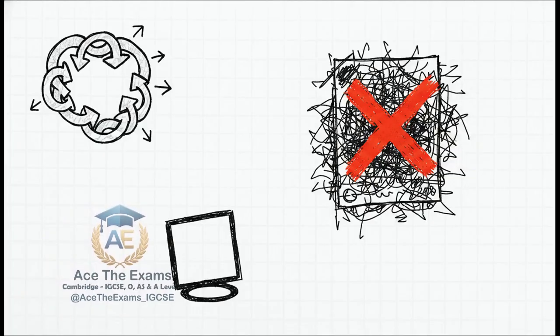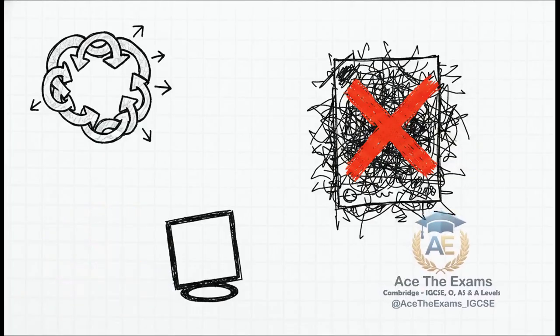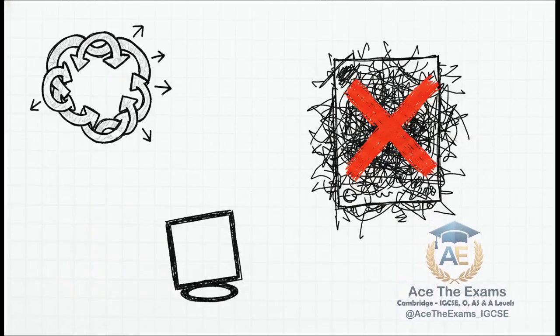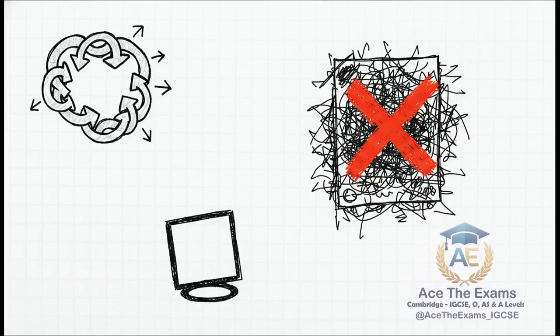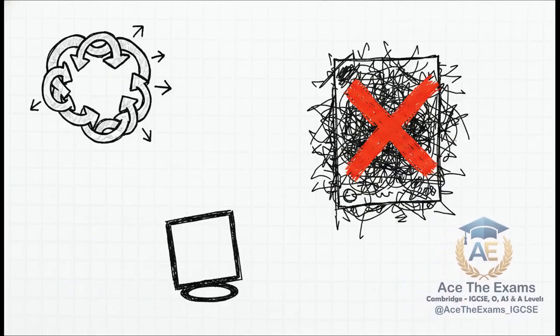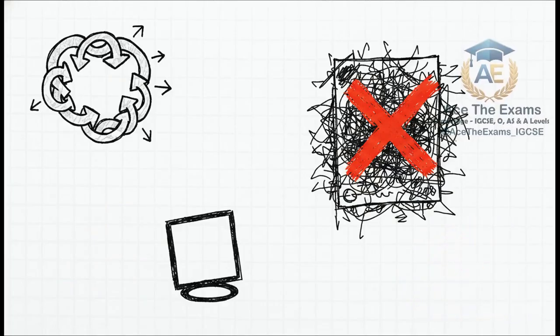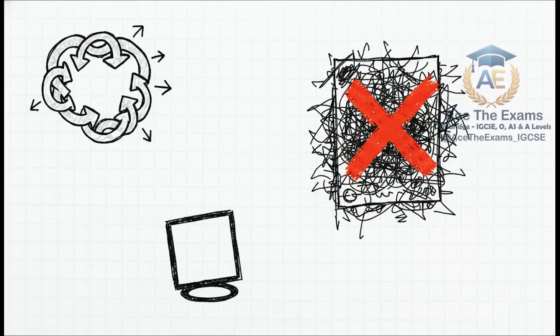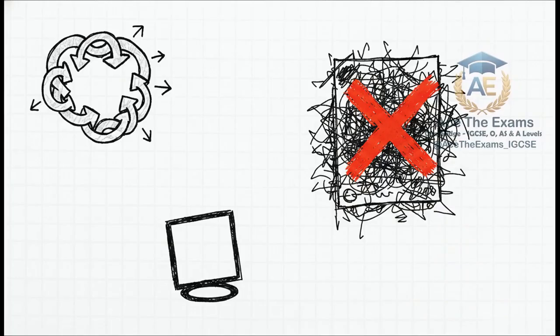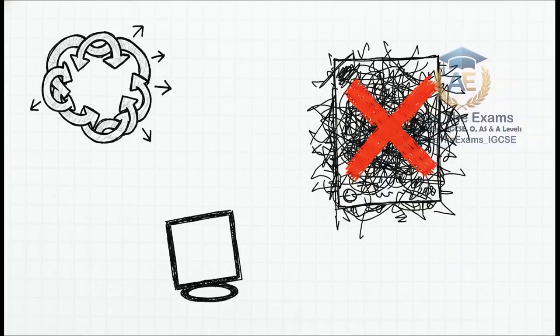Number 1. Confusing cause and effect, especially with significance levels. Number 2, forgetting to check format and presentation, like writing a sloppy conclusion that doesn't explicitly state if the null hypothesis is rejected. And number 3, answers not specific to the context given. Did you spot the absolute worst offender? Yep, it's number 3. Examiners constantly see candidates losing easy marks because they write generic textbook conclusions instead of referring to the actual scenario in the prompt.